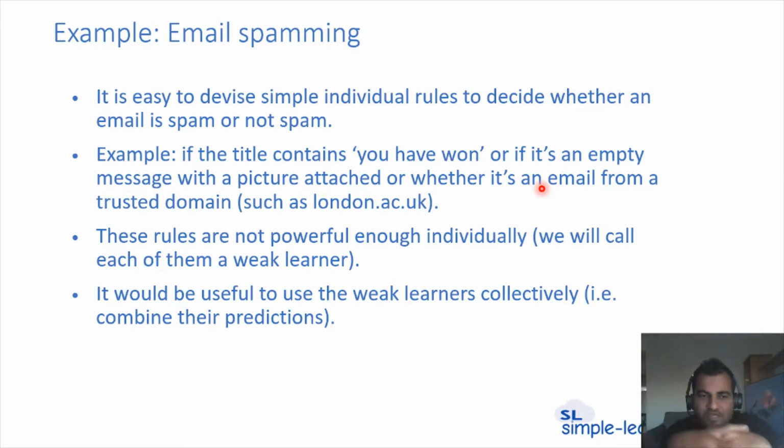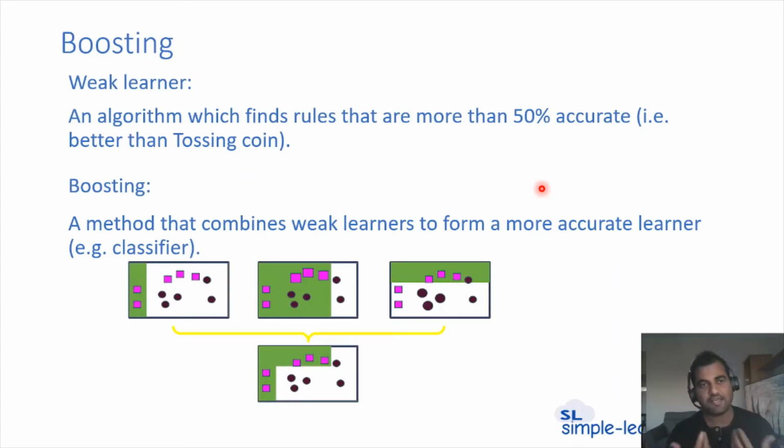So with respect to that, we call each of them a weak learner. What is that? An individual rule that we are learning from is called a weak learner. Based on this, collectively, we can use these multiple weak learners' inputs to predict the output as a combined view, right? This is one of the approaches we are expecting to follow.